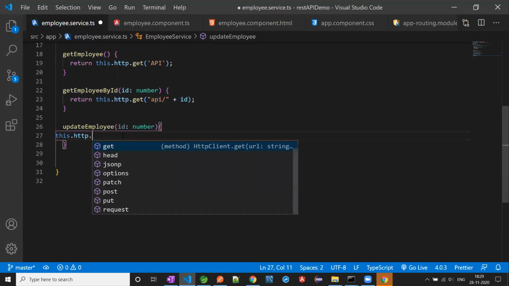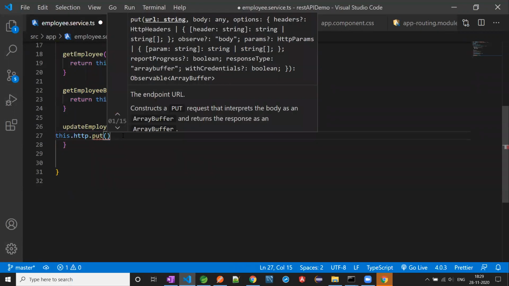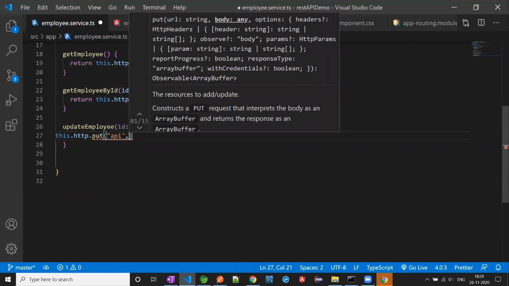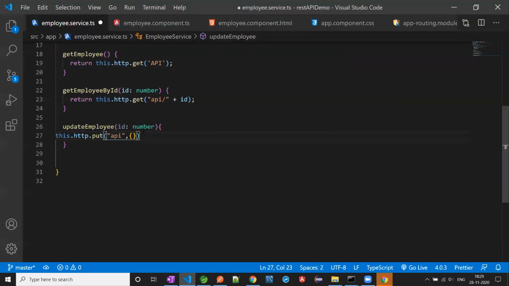So let's see. It will be a put request. Once you have written put, the first one will be the API and the second one will be the body. The API will have the id with it. So it will be something like API